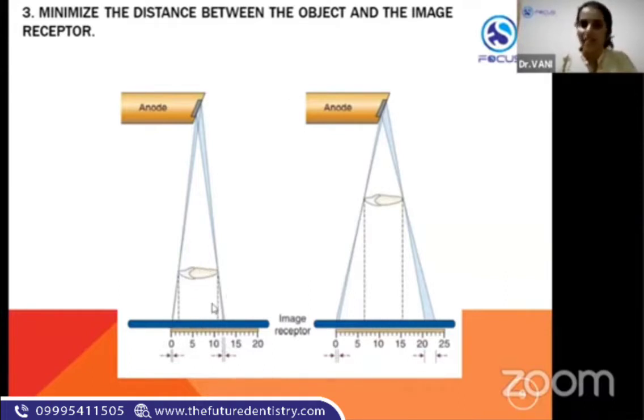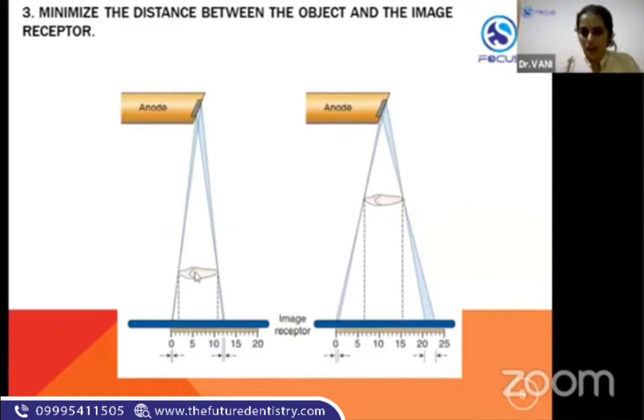That is, the X-ray film should be placed as close to the area of interest or the tooth of interest as possible. So what is the advantage of that? See, the first picture is the correct one, where there is a long distance between focal spot and the object. So the second principle is actually satisfied in it. And the third principle is also satisfied, wherein as compared to the other picture, the image receptor is placed very close to the tooth. This is a pictorial representation. When you take a radiograph, like in your clinical practice, you will be keeping the X-ray film as close to the tooth as possible, right? So that is the third principle.